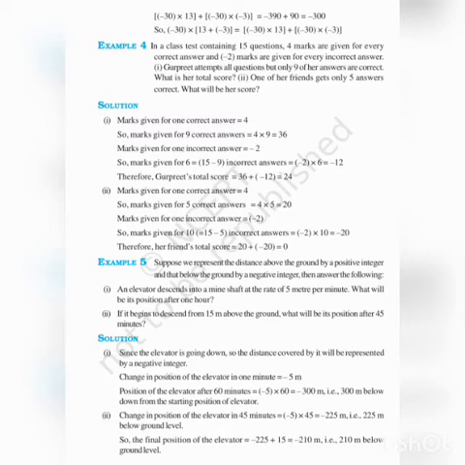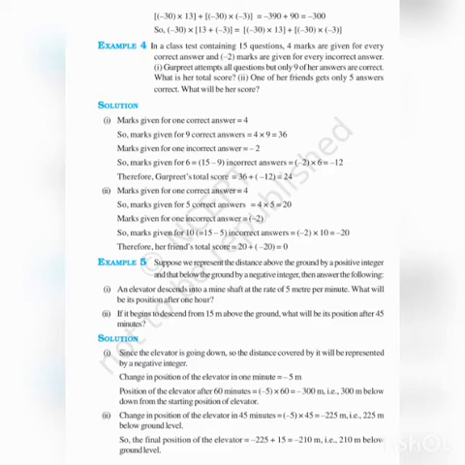Next example is what? Class test problem. A positive mark is given for correct answers, and a negative mark is given for an incorrect answer. How much is the mark for a correct answer? 4 marks. Incorrect answer, minus 2 marks. So you have to find the total marks. After finding how many correct marks, how many incorrect marks, and how many not attempted marks, you should add all those things. Very important problem, children. You should work this out.